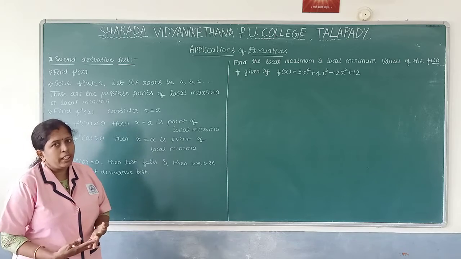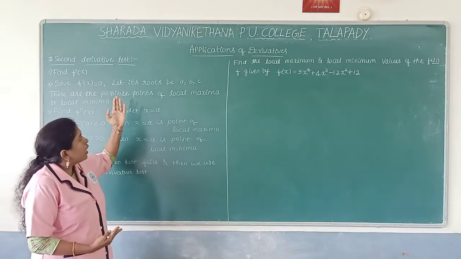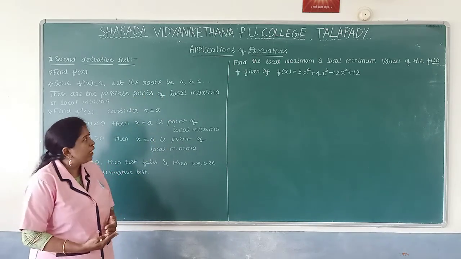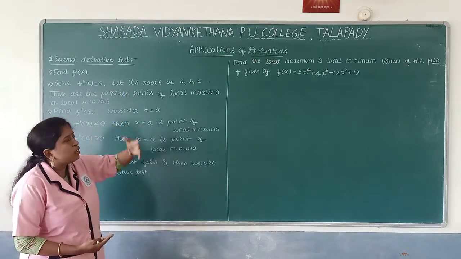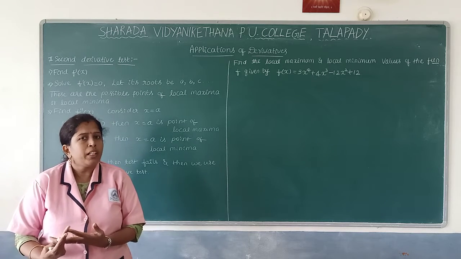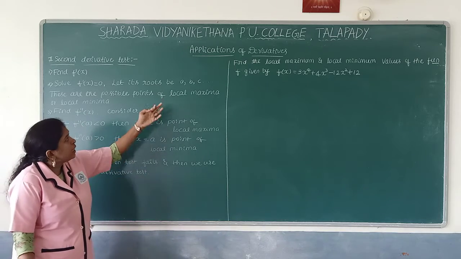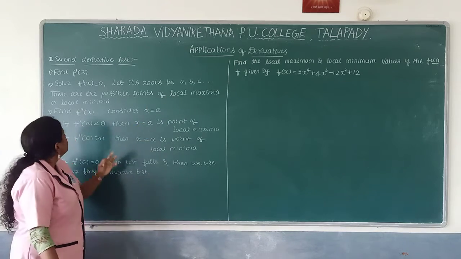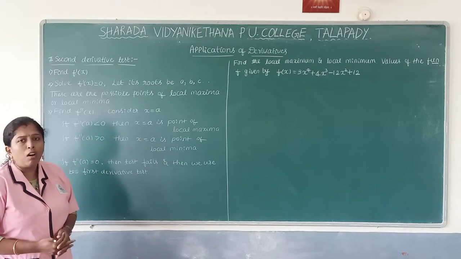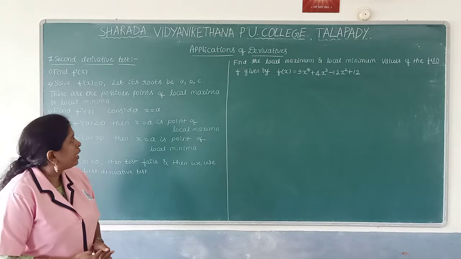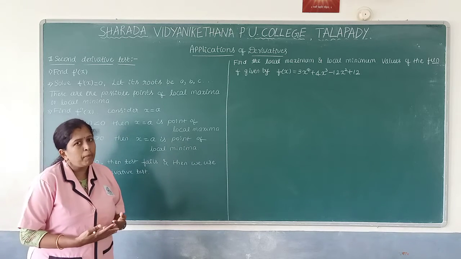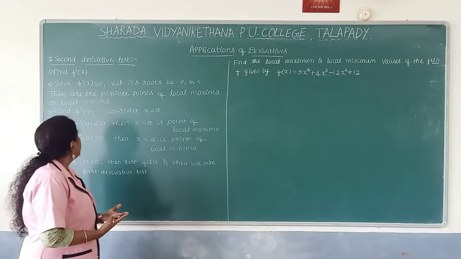It depends on your equation. If it is quadratic, we'll get 2 roots. If it is cubic, we'll get 3 roots. Depends on your equation. I consider the roots as a, b, c and so on. I said already it depends on the equation. In this one generally I consider 3 roots. See, these are the possible points of local maxima or local minima. If I consider a, b, c as points of local maxima or local minima,